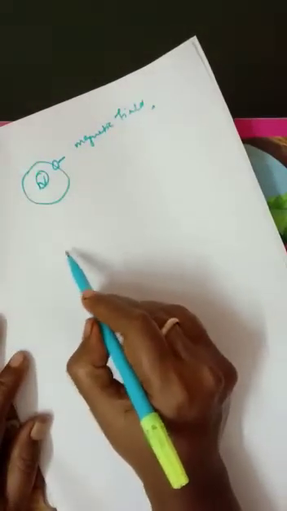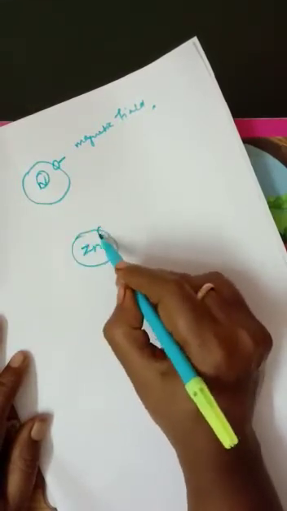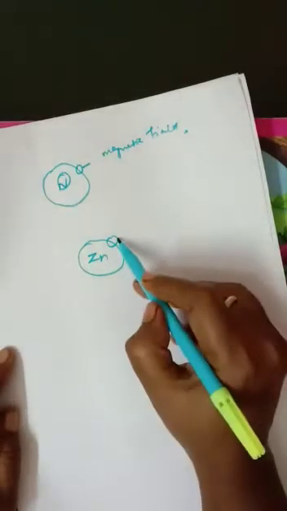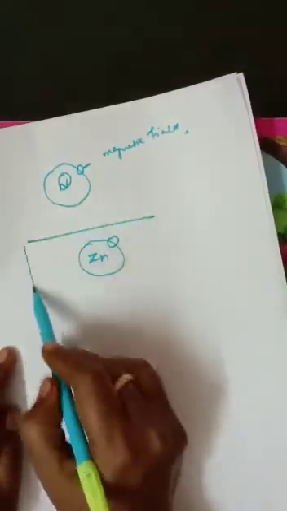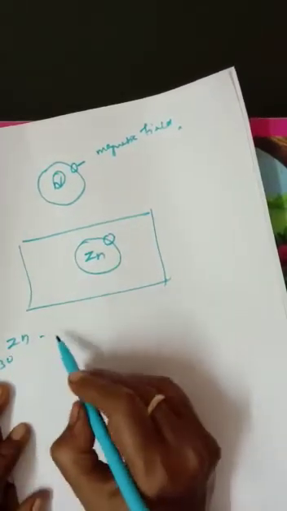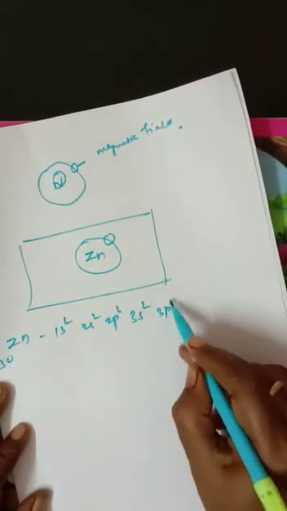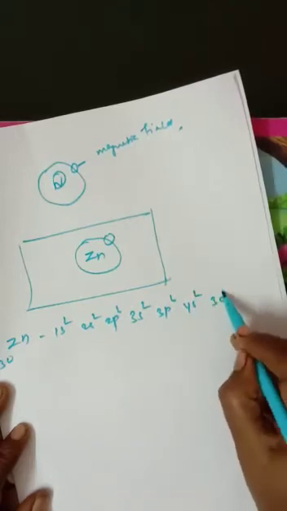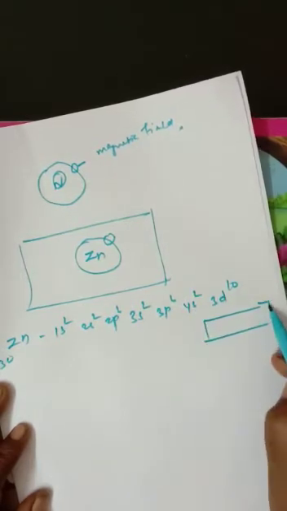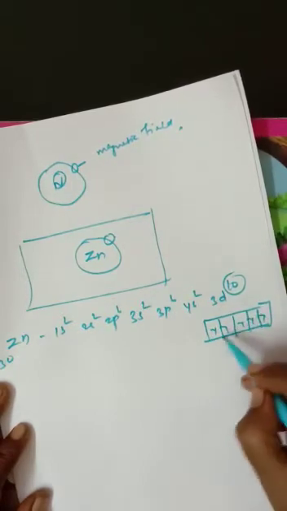What is the meaning of this actually? Suppose I take a material, say zinc. The electrons are present here, and already, as we told you, this produces a slight magnetic field. The atomic number of Zn is 30, so the configuration is 1s2, 2s2, 2p6, 3s2, 3p6, 4s2, 3d10. Is it right? The 3d10 configuration means all the electrons are filled here.